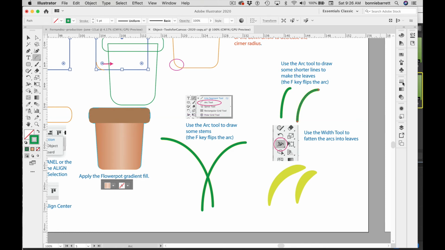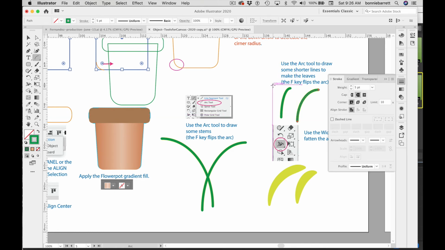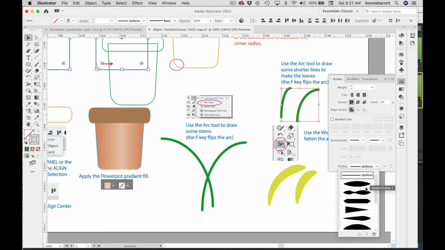And going back to our stroke panel, if I select these leaves to be here, you'll notice down at the bottom it says Profile, Uniform, and that's also up here in your control panel. And Illustrator ships with some width profiles,